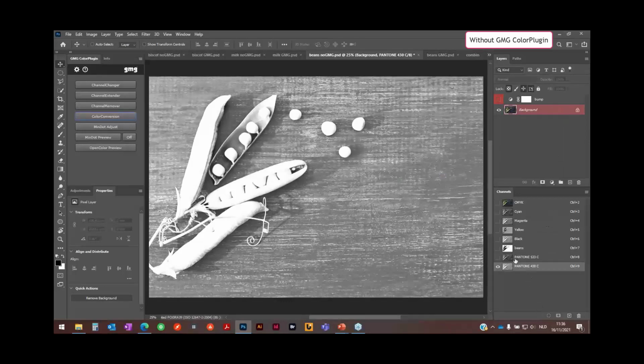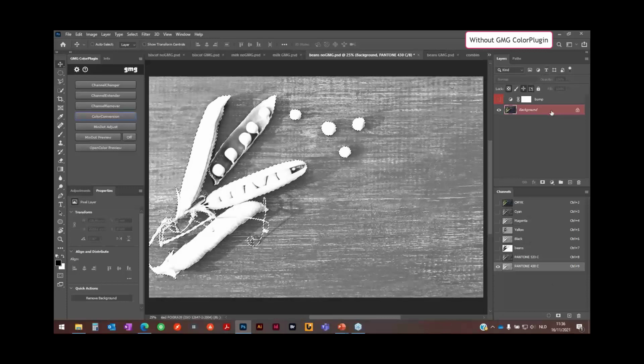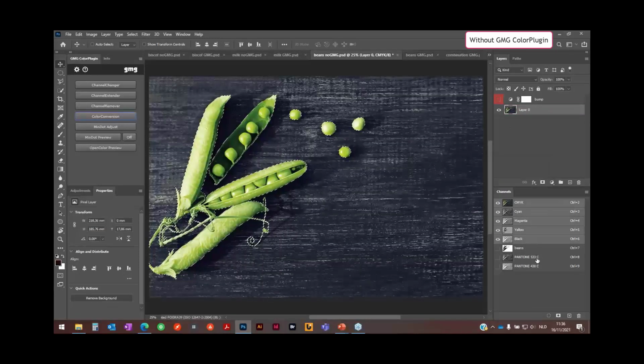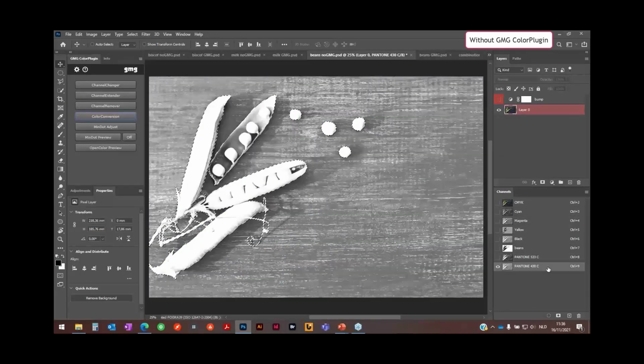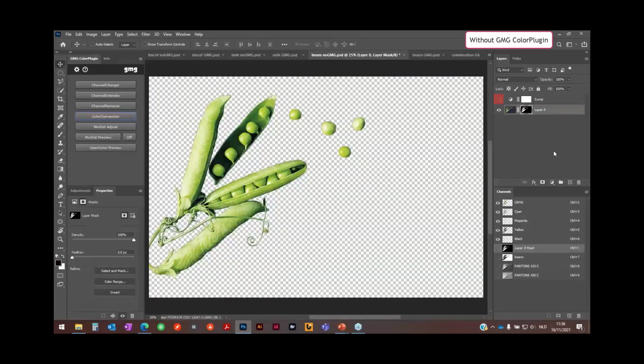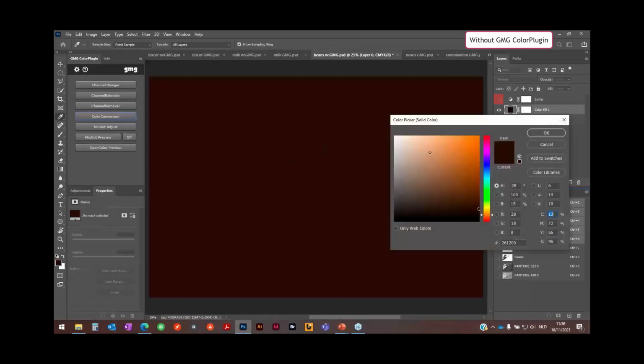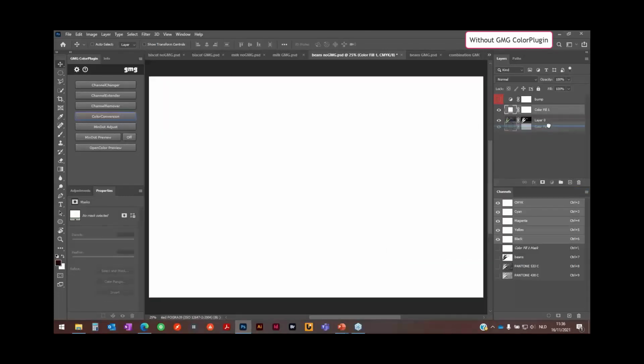I have already made a selection of the beans which are not affected by these Pantone colors, so I can just remove them. Perhaps some trapping is still needed, and then I can add a solid color layer, white, as a background.